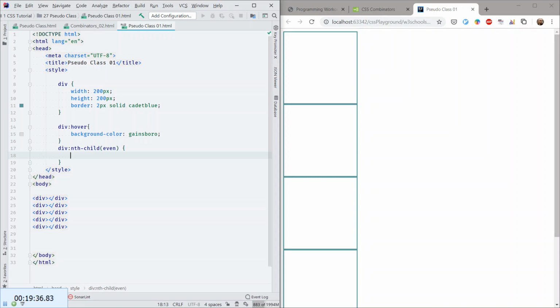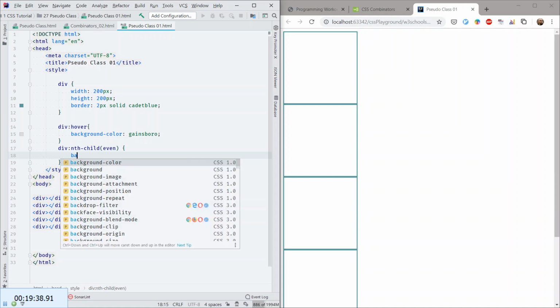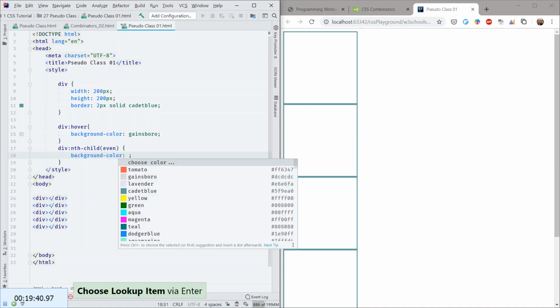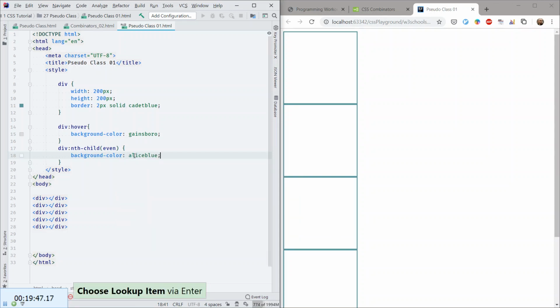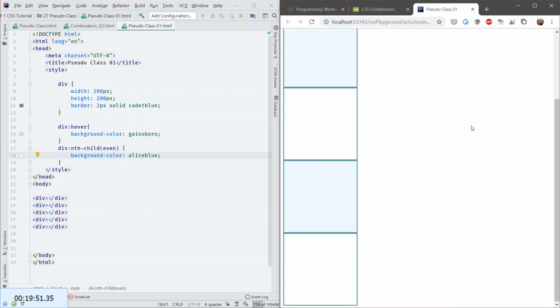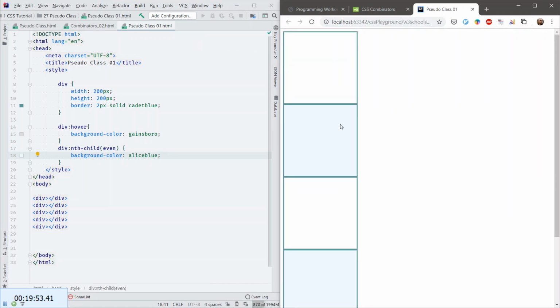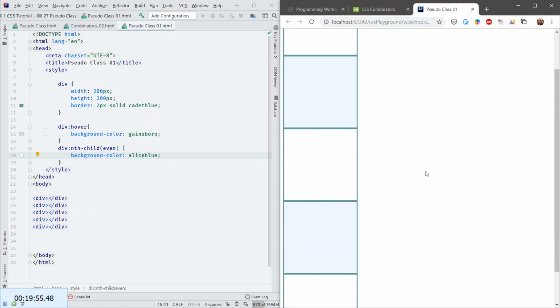Let's do background color, we'll choose something nice. Alice blue. Alice blue sounds nice. And you see now the even children